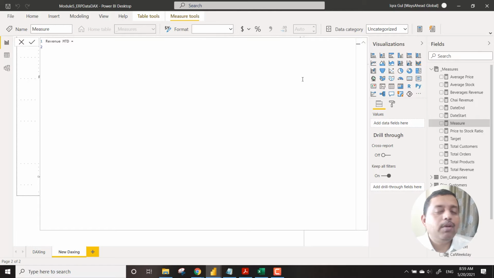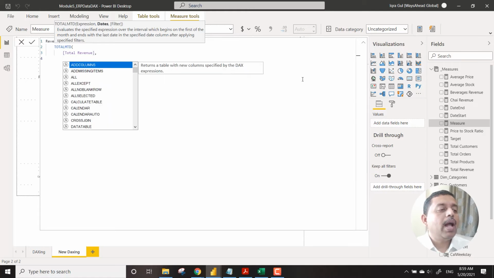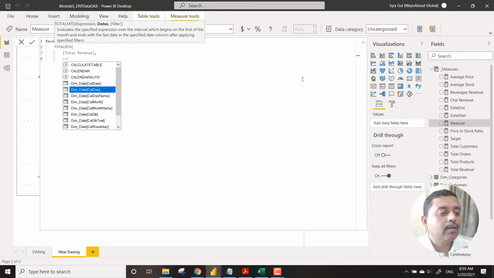Revenue MTD, we don't have to give any calculate or something. We can just use the function called TOTALMTD, and then it will say what I want to slice. I will say total revenue, and then it says based on what, where is your date, so that you want to filter on. So I say that my date always is there with the cal date.